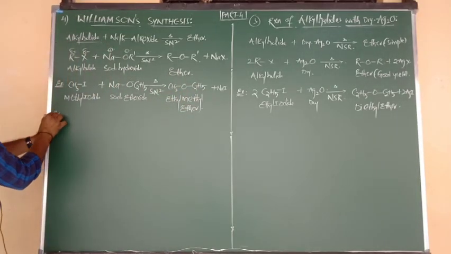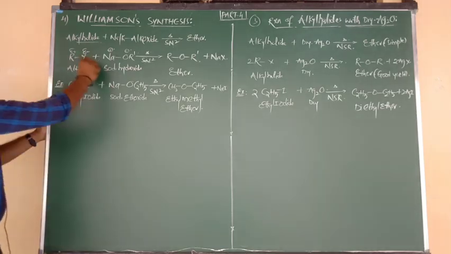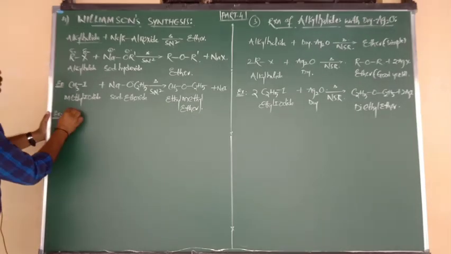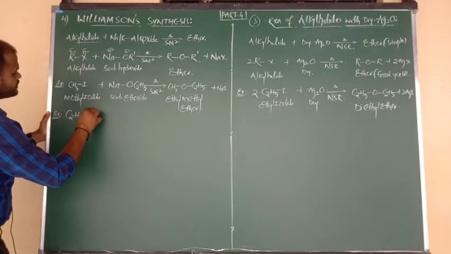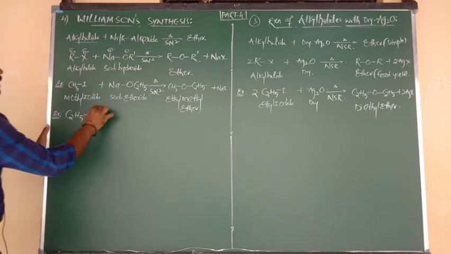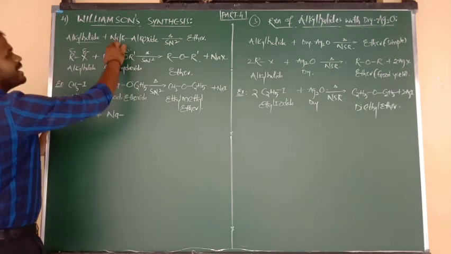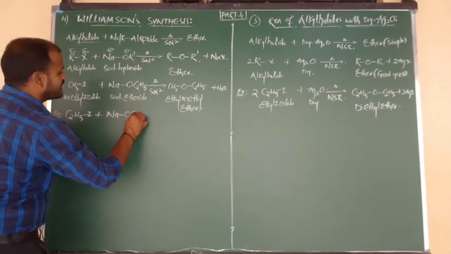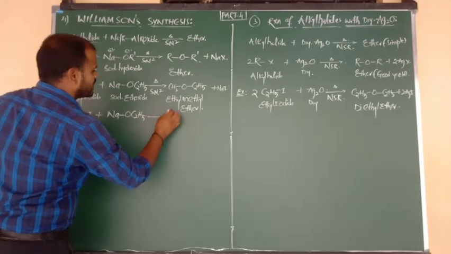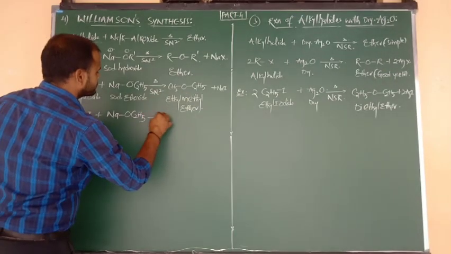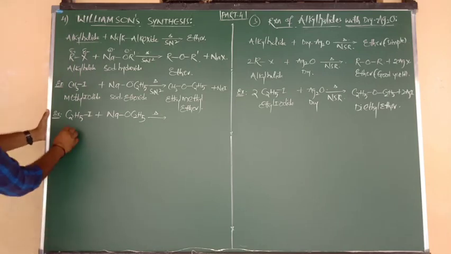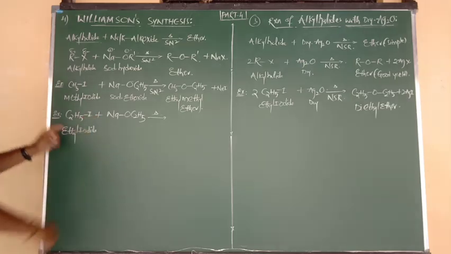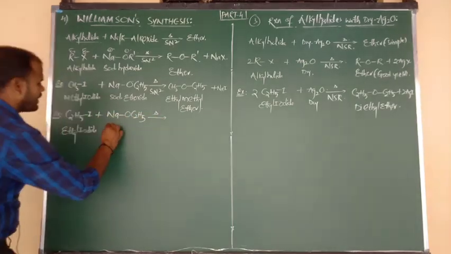Next, another example I want to consider here. Try to be focused now. In example 1 we took methyl iodide in place of the alkyl halide. Now I am going to consider ethyl iodide. Ethyl iodide on reaction with sodium alkoxide. Suppose the alkoxy group is the ethyl group, so it is sodium ethoxide. So ethyl iodide, C2H5I, upon heating with sodium ethoxide,